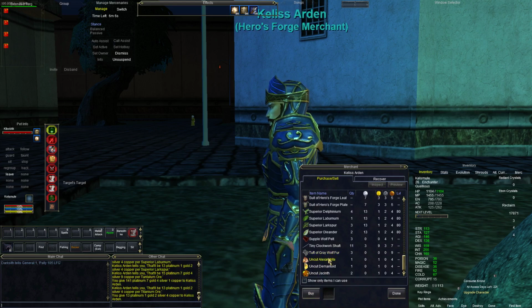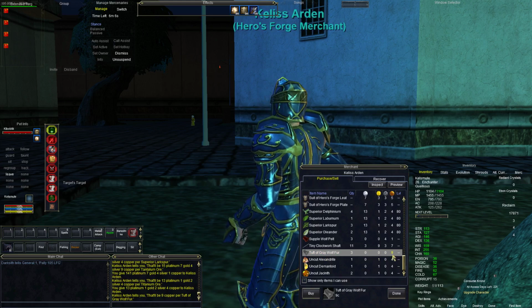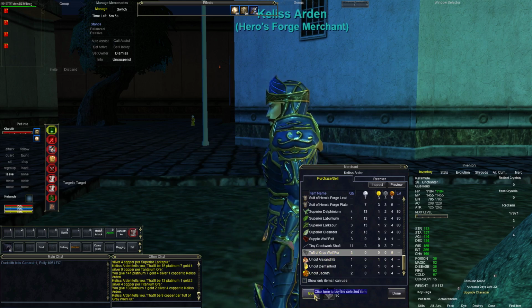Here is high level tuft of gray wolf fur. This is both looted and foraged. What's this? 9 copper, 3 of them. So very, very inexpensive. I believe you have to have a tailoring skill of 300 or higher to even use those. So that's a